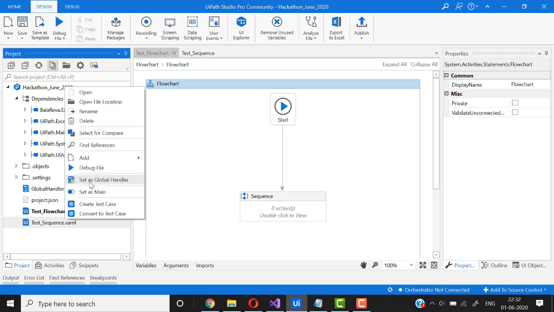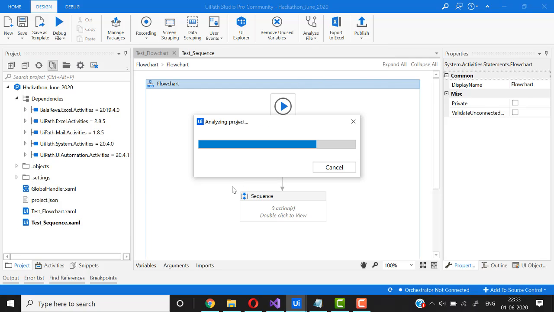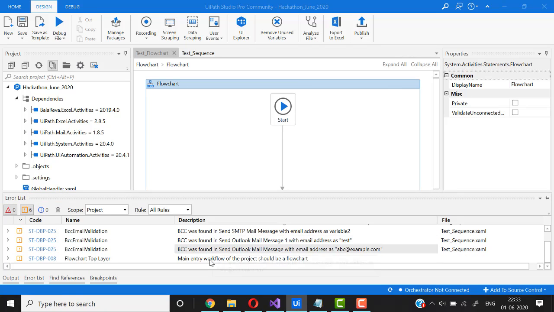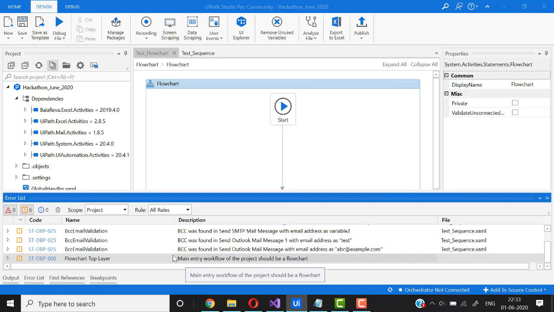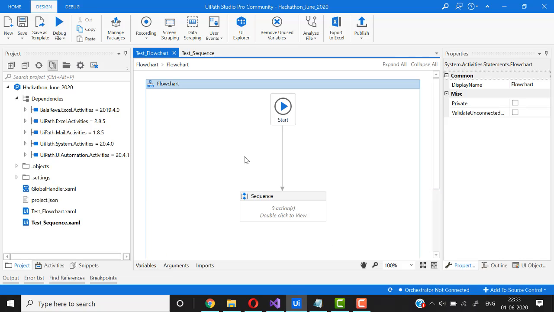This is some test sequence which I showed. I set it as main. If I analyze the project again, I will get a warning showing that my flowchart top layer is not configured: main workflow should be a flowchart. It is a warning again, and it can be configured to an error depending on the user. So the main entry workflow should be a flowchart. This is one of the good design practices that the developer should keep in mind.